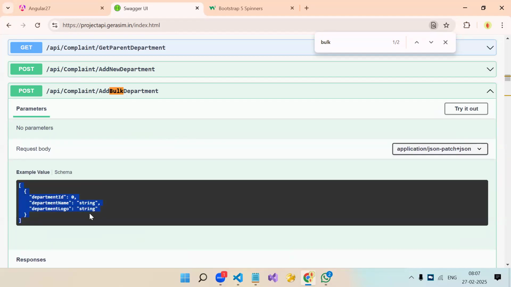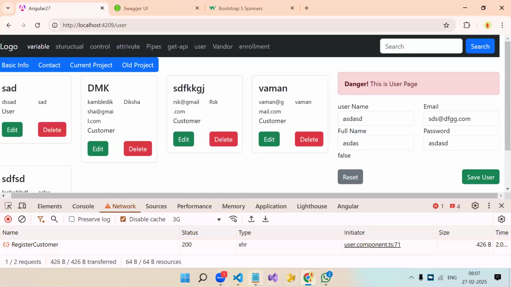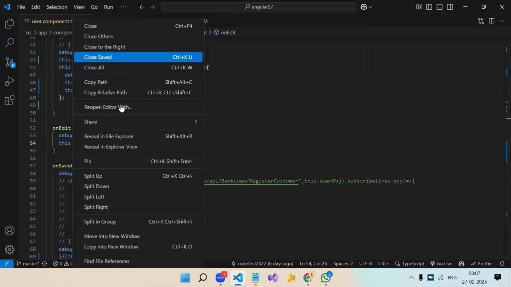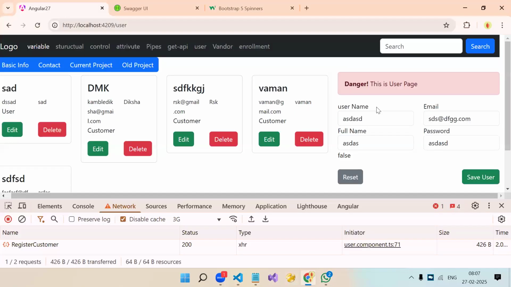So for that, our UI will be something different. We cannot use a UI like this, right? Because is there any place where we can pass multiple data? No, sir. It's only a single object. Right? So whenever your API is bulk update, meaning in one go you are going to insert multiple records, your UI should be such that you can pass multiple data in one go.